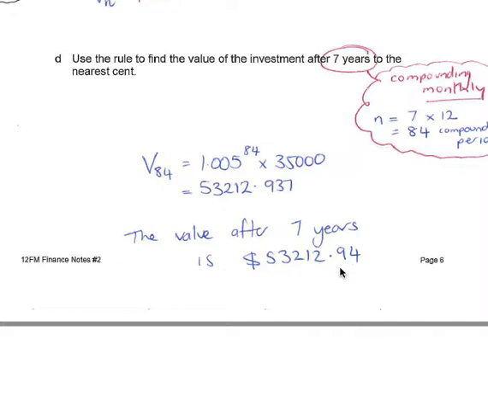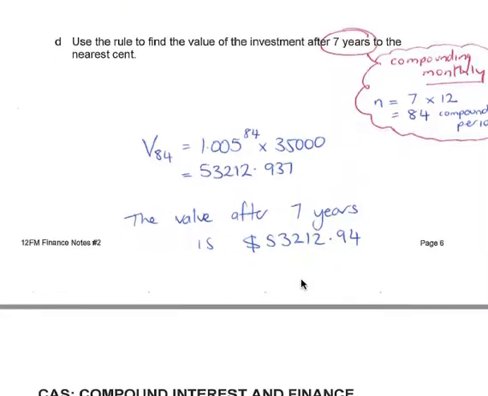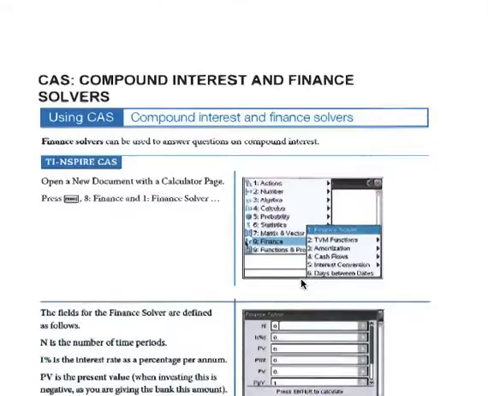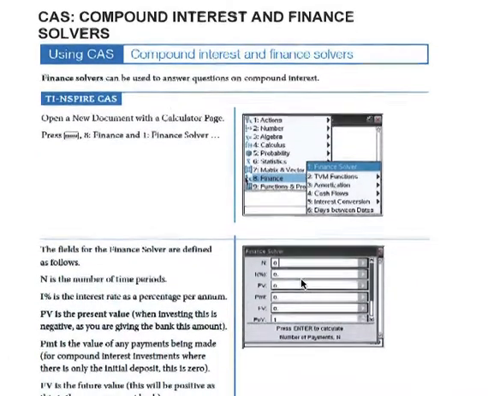When you're answering these questions, it's really important that if they're asking you to find the value of the investment, you generally write a full sentence explaining what you were looking for. It says, what's the value of the investment after 7 years? The value after 7 years is $53,212.94. So that was the general example, and this one is up for you to follow. What you'll also find, and I won't go